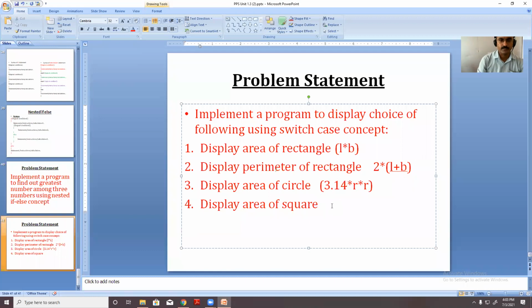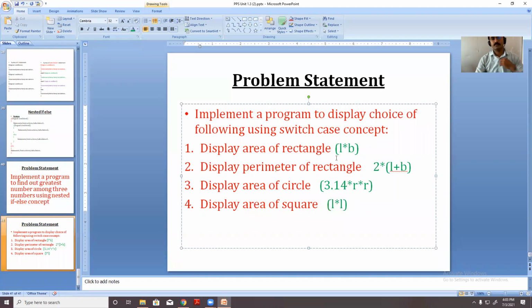Okay. And how we are going to display area of square? Side square. Okay. Let's say if I have selected length, so here L into L. So likewise, it will get calculated.